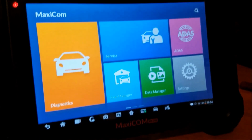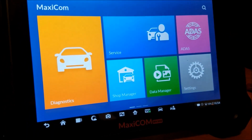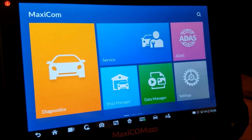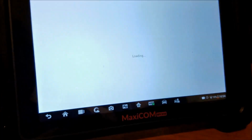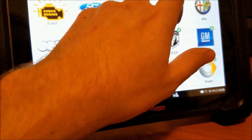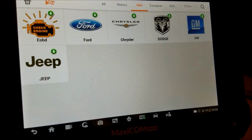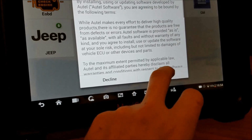Okay, now I've plugged the diagnostic device into the car. For this demonstration, we're going to use a 2006 Lincoln Navigator. We're going to click on diagnostics, then USA for country. Then, since there is no Lincoln icon, we're going to click on Ford. We're going to accept this,